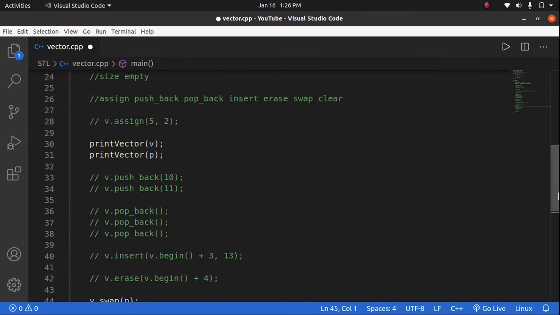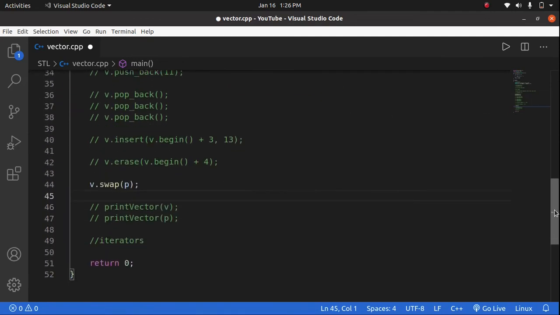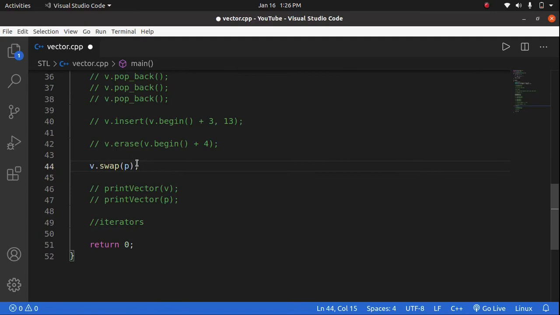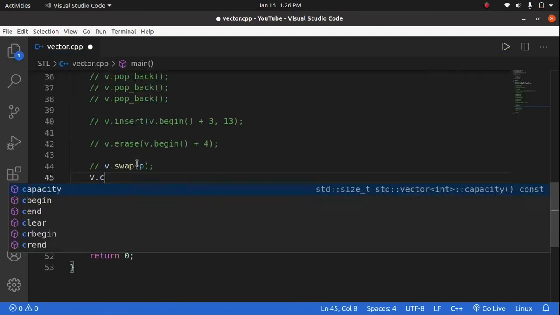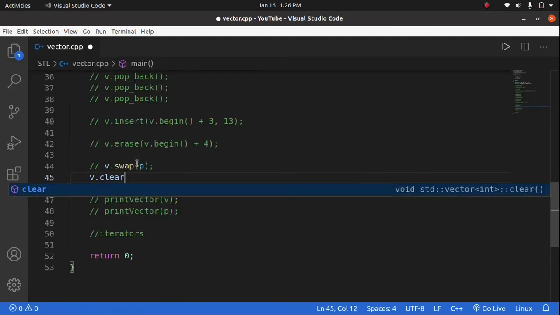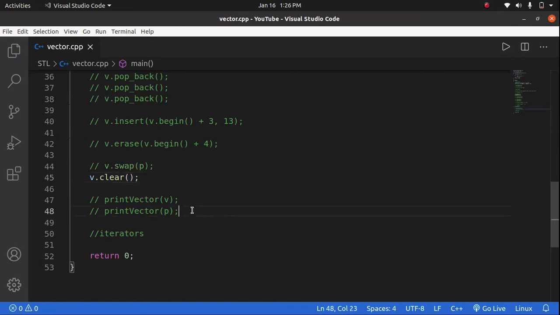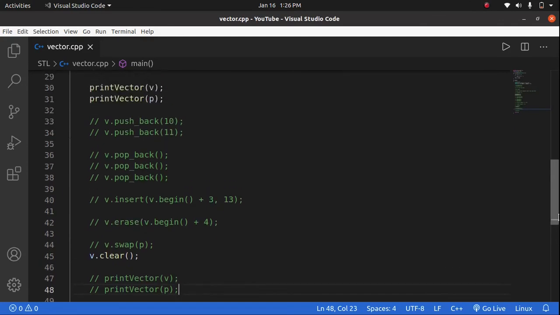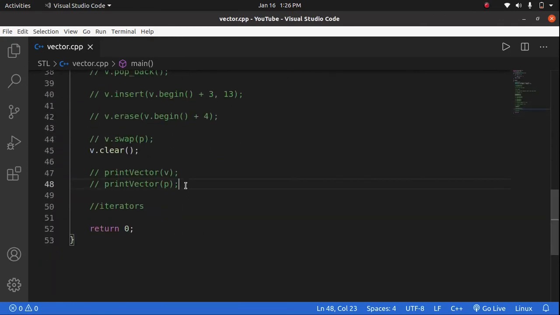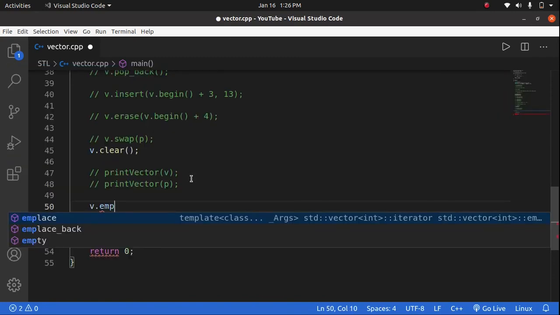Next function is the clear function. As the name suggests, it will clear all values of the vector. The vector will be of size 0 and all elements will be deleted. So these were the functions to modify the contents of the vector. There are 2 more functions, like v dot emplace.